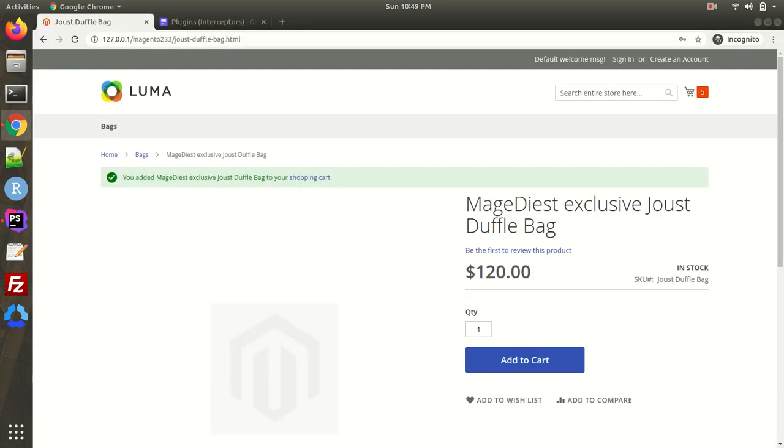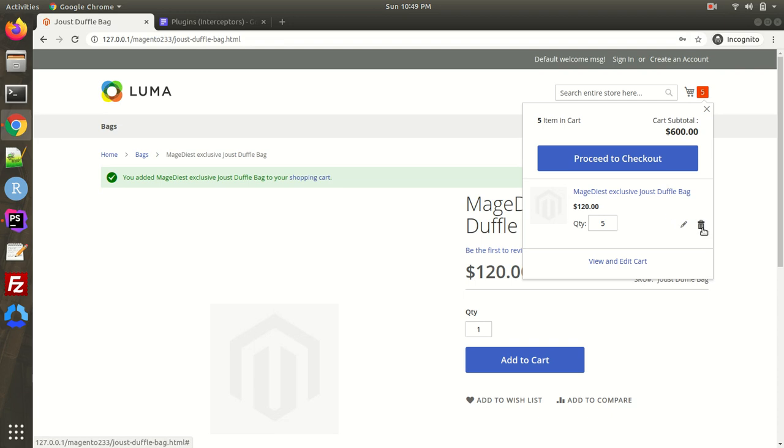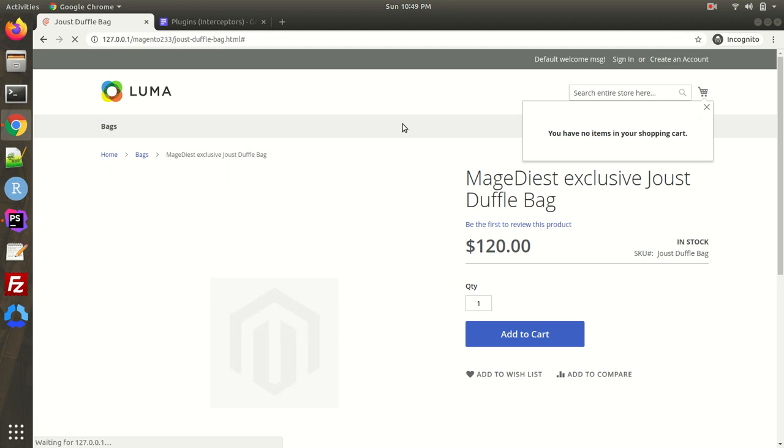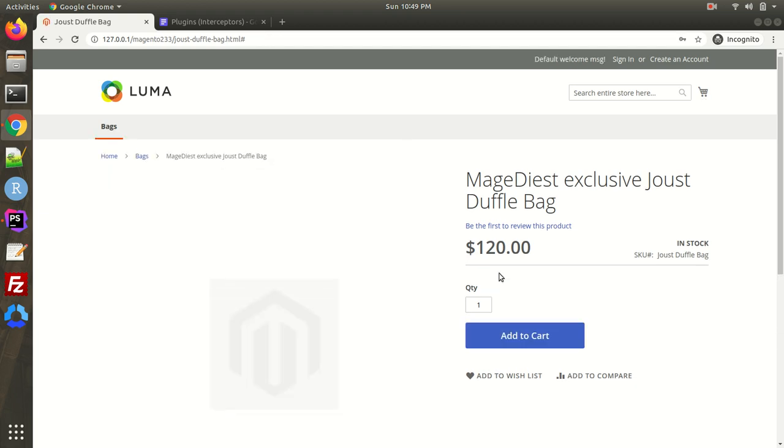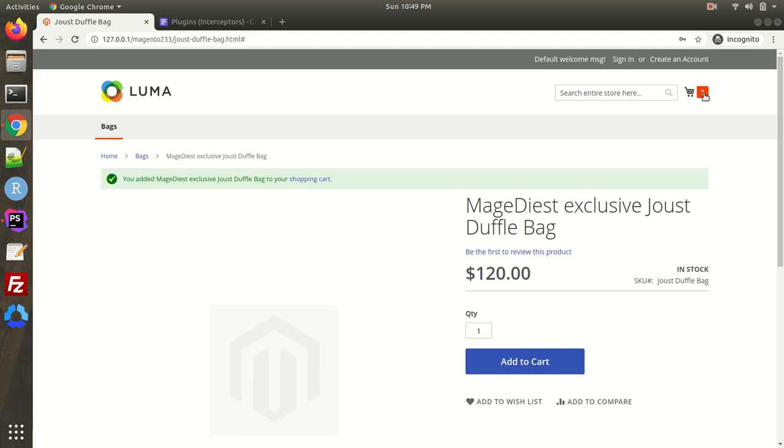Now let's see what happens. Let me clear this product from the cart. Let me reload the page and try it again. Now it's not happening.